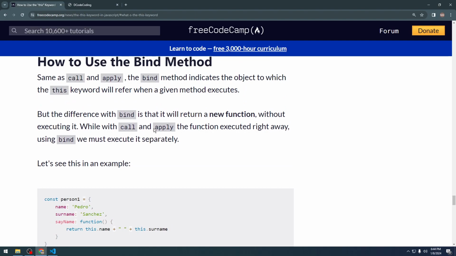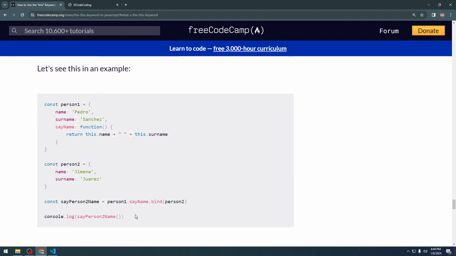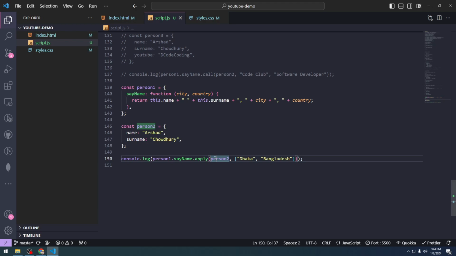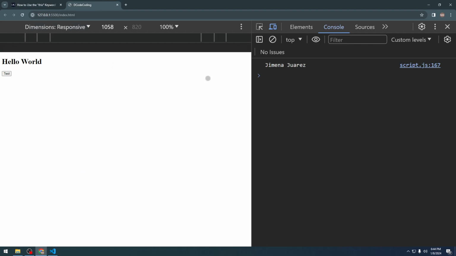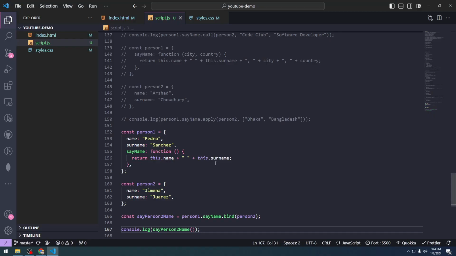Okay, so bind works in a pretty similar way, I think. And let's have a look. We get Jimena Juarez, as you can see. So we have the same thing here. So we have name and surname here, but we want to bind this function to this object. So now when this function calls this dot name, this refers to this dot name. So this name, not this name, as we have assigned a different